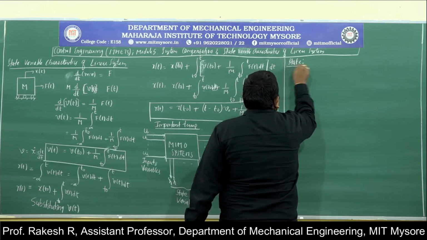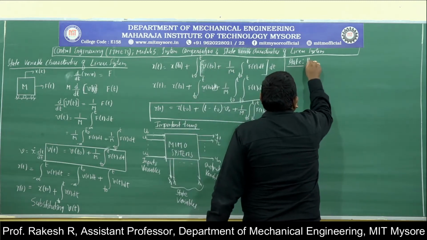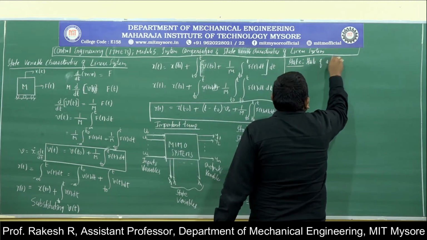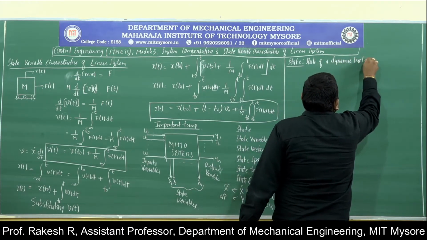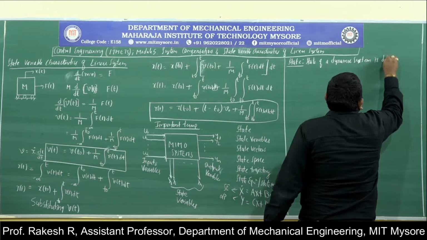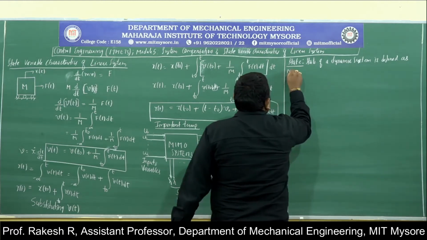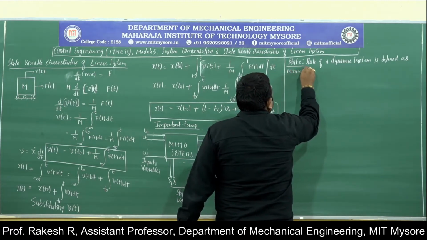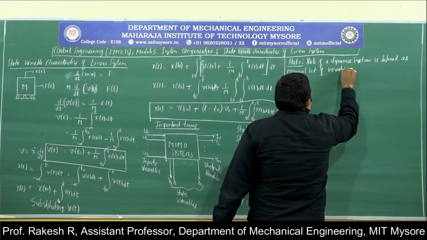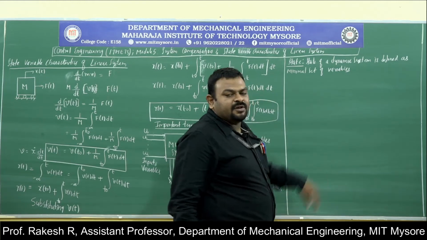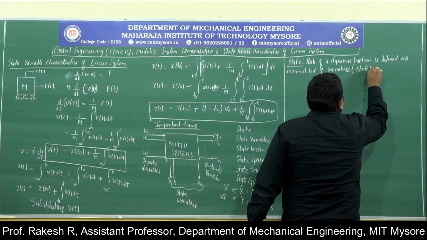First you have to understand what is state and what is state variable. State of a dynamic system is defined as a minimal set of variables. So a minimum set of variables, they are nothing but state variables,